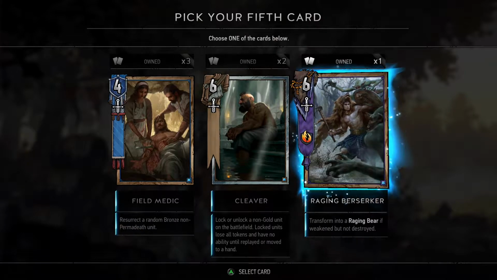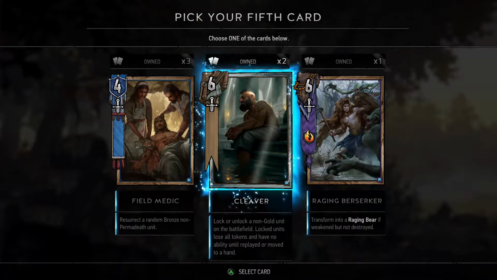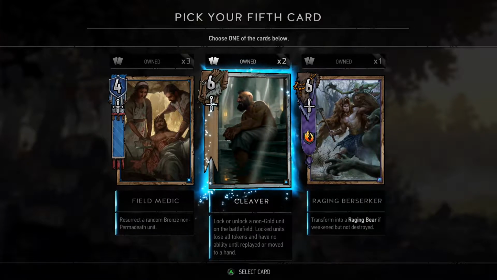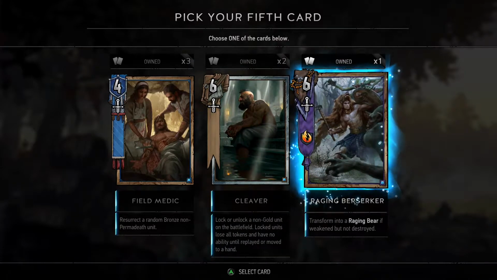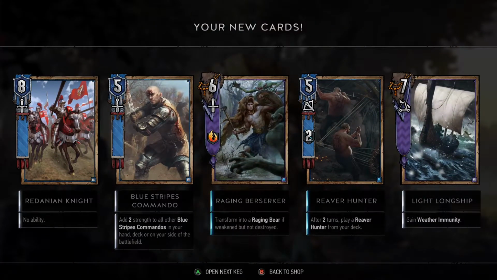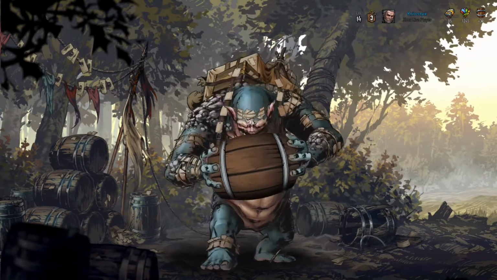Again, it's possible that Cleaver, because it's a silver card, might give more scrap. I'm not sure, but I'm already kind of regretting my choice of doing that the first time. You know, choosing scrap instead of filling out the collection. So let's just do this instead. And take the thing we don't have the maximum amount of, meaning. Okay, and...